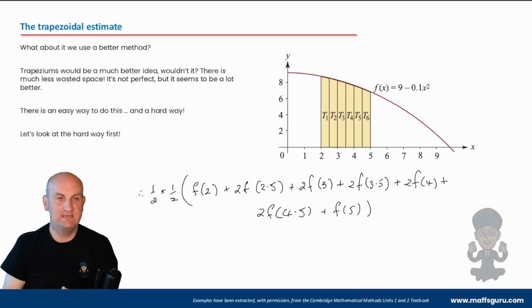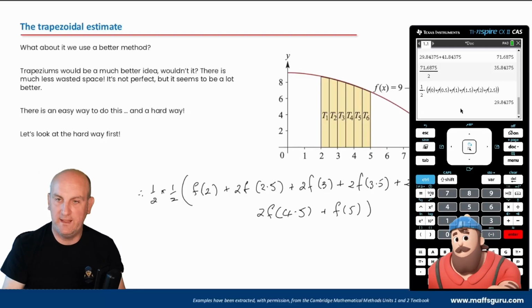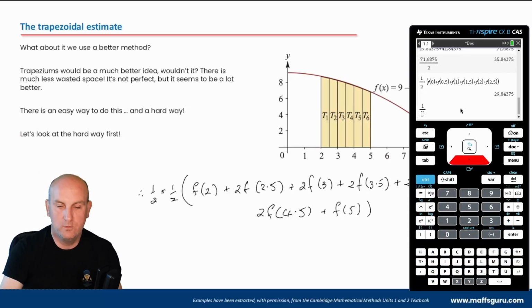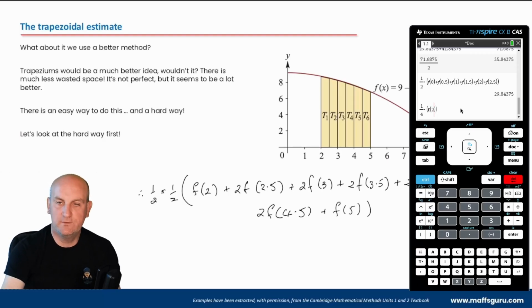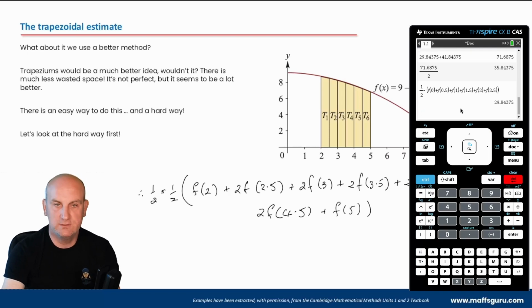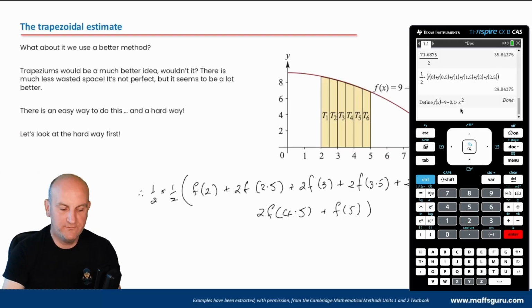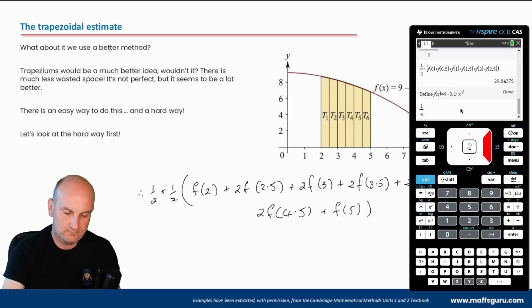And basically, if I put that into my calculator, I'm not really wanting to do this, but in for a penny, in for a pound. And I'm going to do 1/4 times, right, we got f of 2. First things first I've got to do is actually go back and redefine my function because I've gone back to my original. So let's define f of x back to being 9 minus 0.1 x squared. There we go. Right, so if I now do 1/4 times f of 2 plus 2 lots of f of